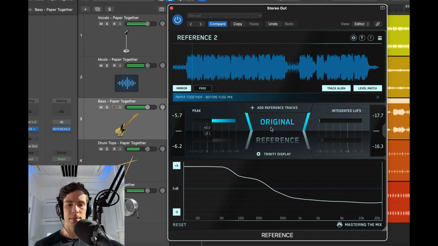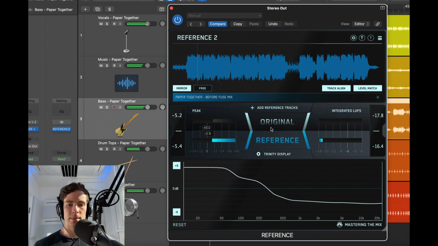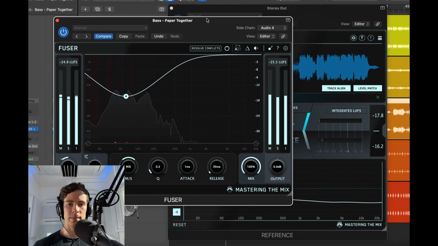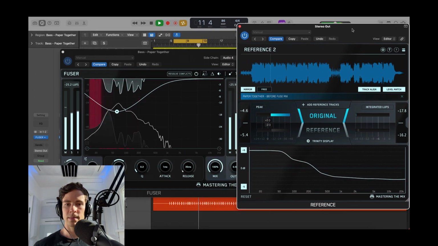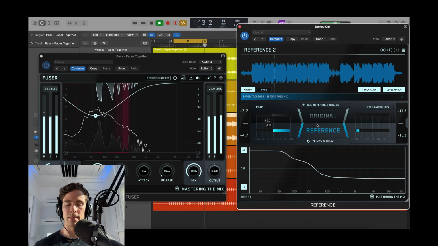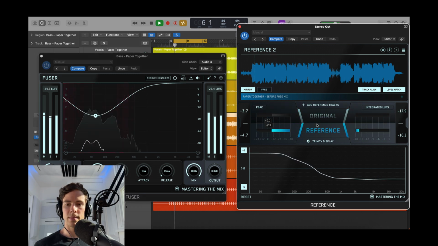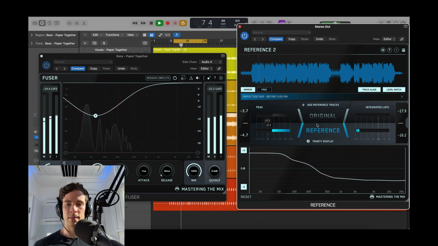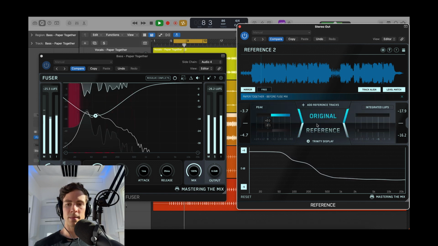Let's get this paper together. My goal is for us to get this paper forever. Let me know if you down to ride or die. Whatever, whenever. Yeah. Let's get this paper together. My goal is for us to get this paper forever. Let me know if you down to ride or die. Whatever, whenever. Yeah. Let's get this paper together. My goal is for us to get this paper forever. Let me know if you down to ride or die.